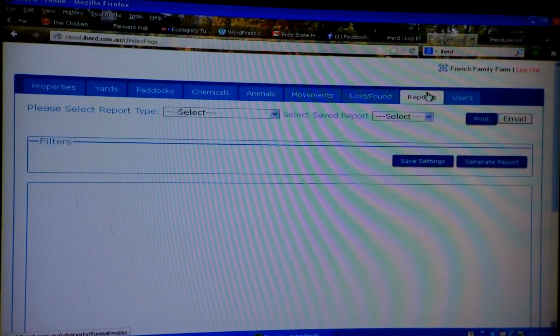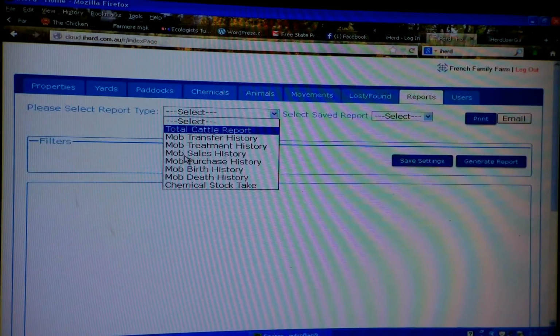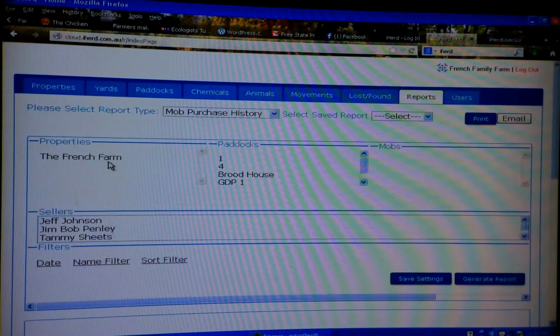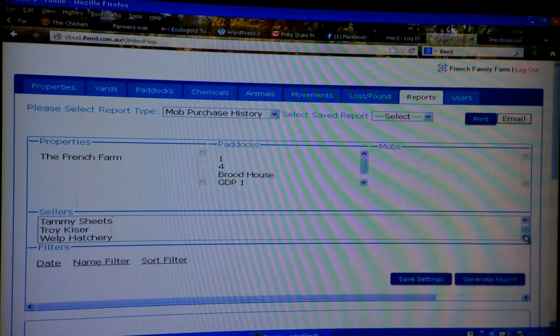On the reports tab, I can pull up a lot of information: who I'm selling to, who I've sold my animals to, where I purchased them from. I can have all that information as long as I'm putting it in. It's all right there at my fingertips. So purchase history, I can click on it, and it will pull up this tab, and it will show right off the bat a list of names of folks I purchased from. See, I've entered the hatchery I purchased my chickens from, some names of some of the folks I purchased sheep and pigs from, and all I have to do then is scroll down just a little ways and click Generate Report,